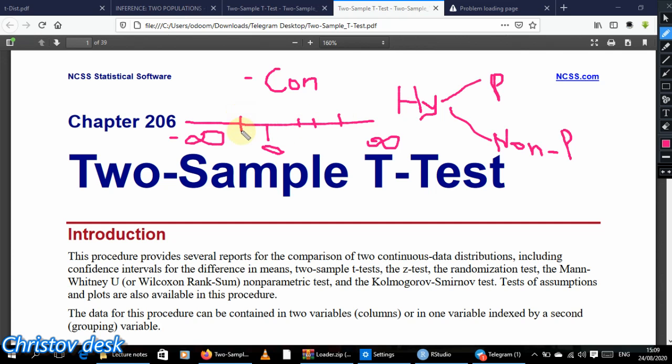So if you have a variable whose measurement can take any value on the number line, then that data point is known as continuous. If the data point is continuous, then you can go ahead and use a parametric test. If it is discrete,